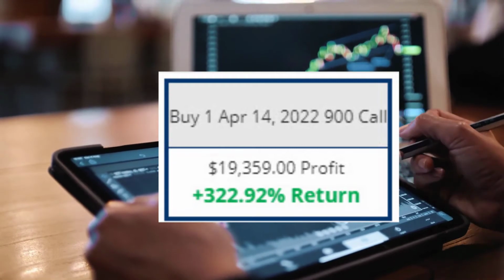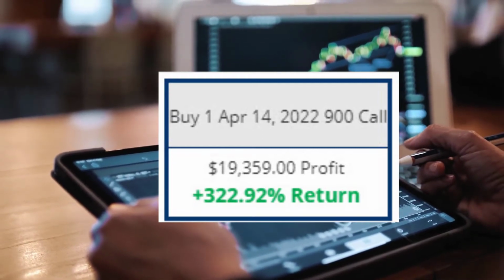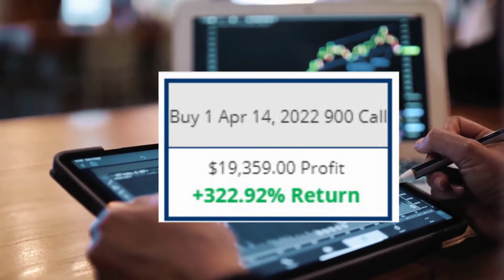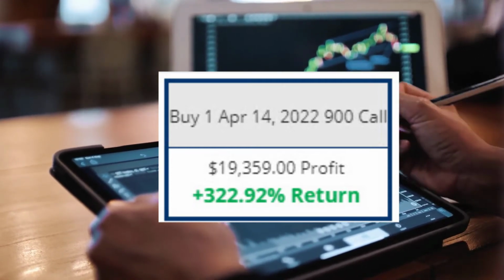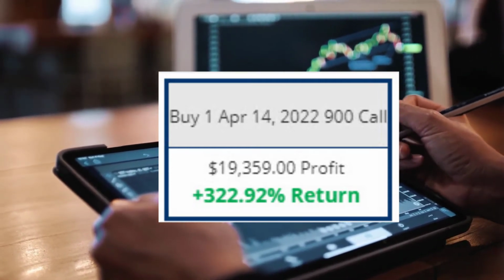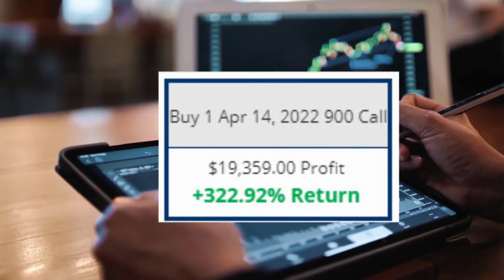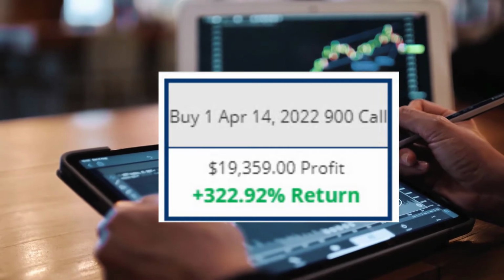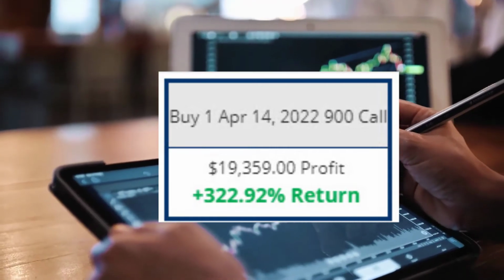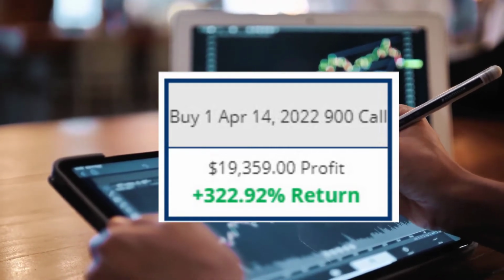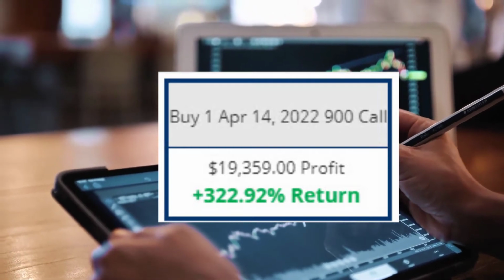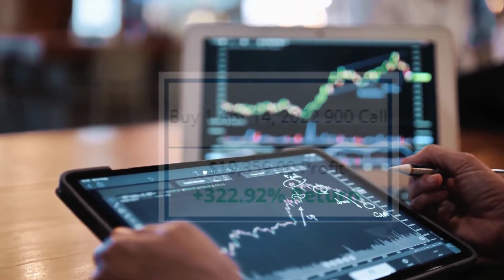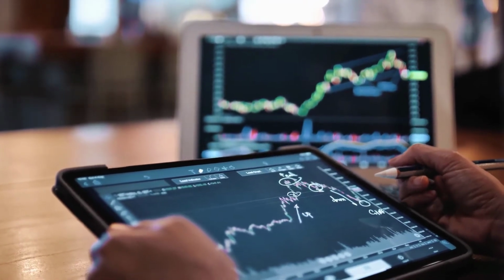That then gives us a great profit of $19,359, which is a 322.92% return. That is a massive return on investment compared to the 100 shares. Why? Because we've outlaid so little. That is the power of leverage to the upside,